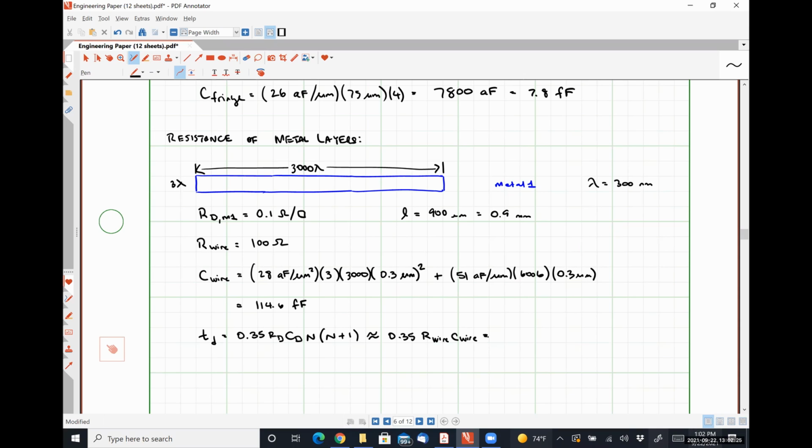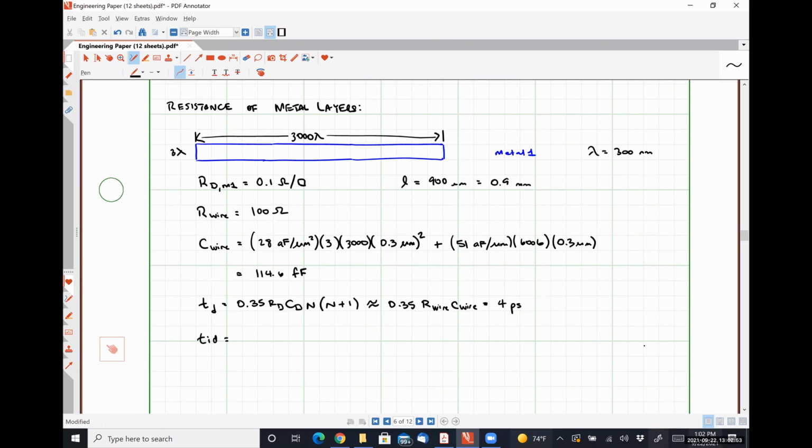So what is a reasonable estimation of the delay time for this system? About 4 picoseconds. All right. Okay. Our intrinsic delay time